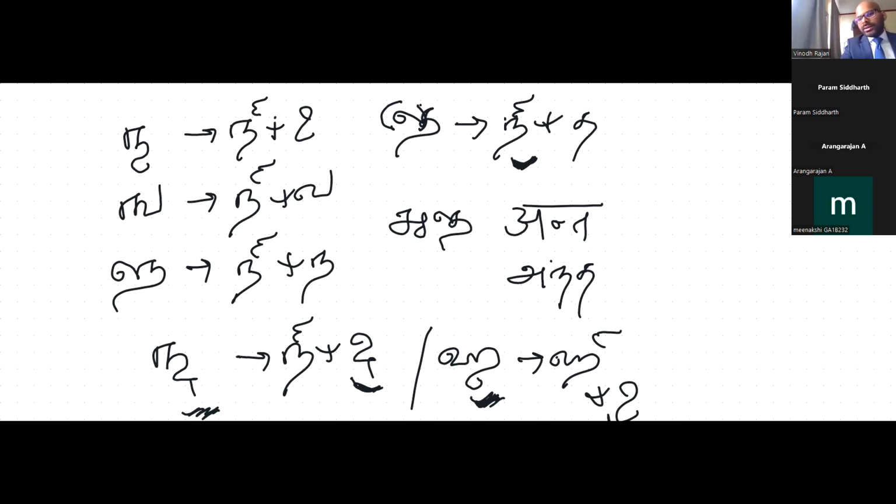And you have hma, what the individual components are, right? There are certain things that are slightly difficult. For instance, nta, nna. So this is basically nta. This is basically n, right? And you have